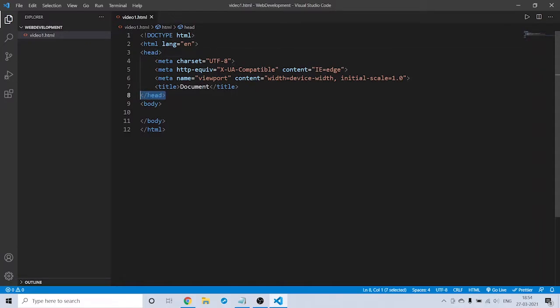We have a slash here which represents the closing tag, and in the head, this is the meta information, which means we are using the character set which is UTF-8. We can do the SEO things here, and you can give the title of your browser here, which means you can give the title of your page. You can link CSS, JavaScript here. We will be looking at that later. So this is the head part.